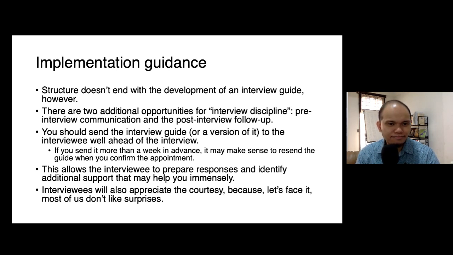And I mean, trust me, this is much better. People don't like surprises. So when you go through interviews, whatever interviews they may be, whether it's for consulting or for something else, it's good that you prep your interviewee by informing the interviewee of what you intend to ask, right?